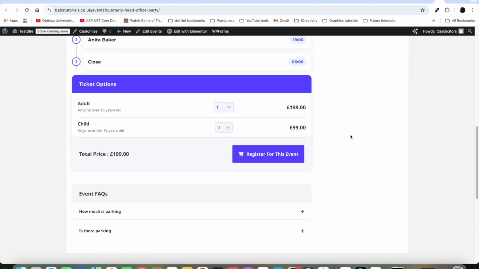So now at the ticket options, what we want to do is, if we really want to register, we know an adult is 199, which is anyone over the age of 16. So what I probably want is, I want to buy a ticket for me and my missus or girlfriend, and I'll select two, and we have a child. I select one child. So roughly we'll be looking around £500. So 497, it tells us here. If I say register for this event,